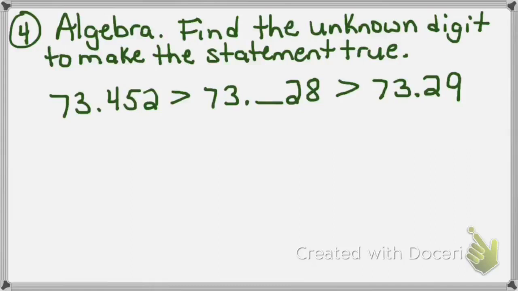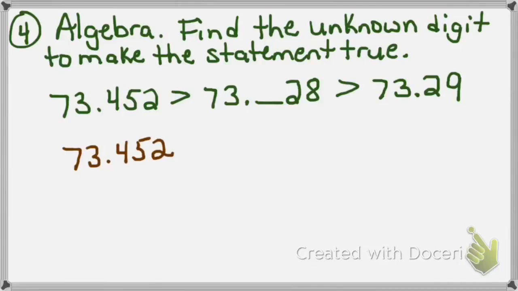Example number 4 is similar to 3, algebra. Find the unknown digit to make the statement true. So I have 73 and 452 thousandths is greater than 73 point something 28, which is greater than 73 and 29 hundredths. So in order to find my missing blank, I'm going to write my first number down,